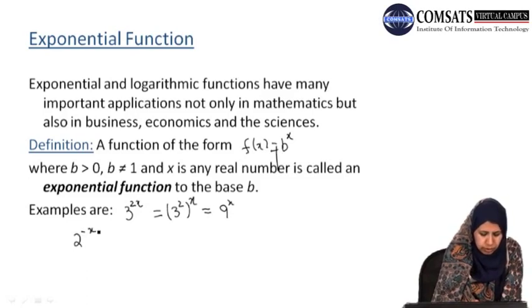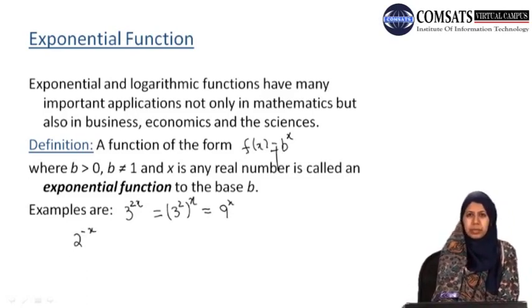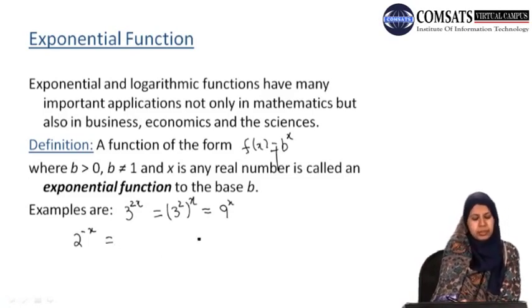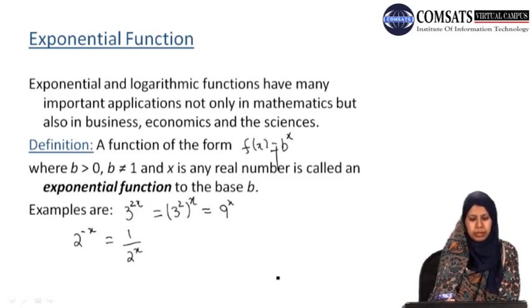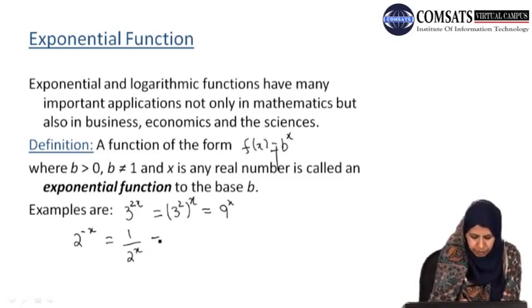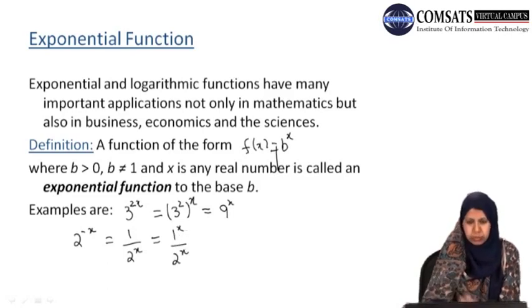One more example, 2 to the power minus x. Is it an exponential function or not? Clearly it is, but to see this we have to use the properties of exponents. Here we have a constant base 2 with a variable power x, but the power is negative. So we want to change this negative power to a positive one, just by taking the reciprocal. That is, we write it as 1 over 2 to the power x. And we can also write it as 1 to the power x over 2 to the power x,